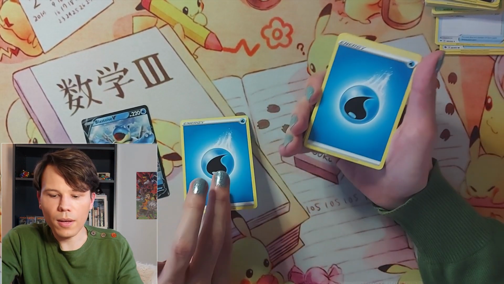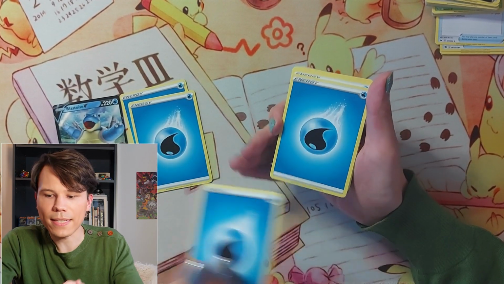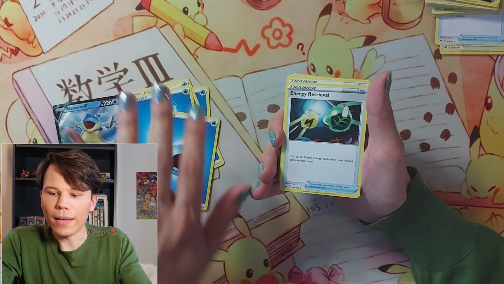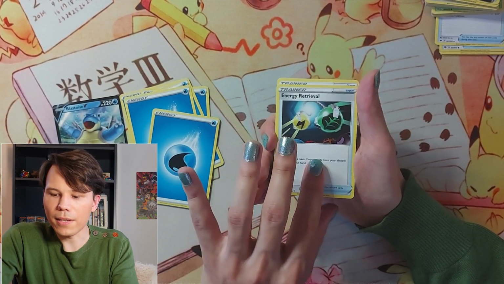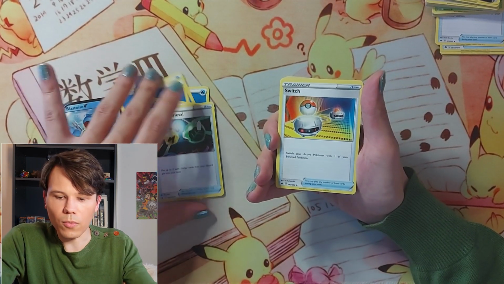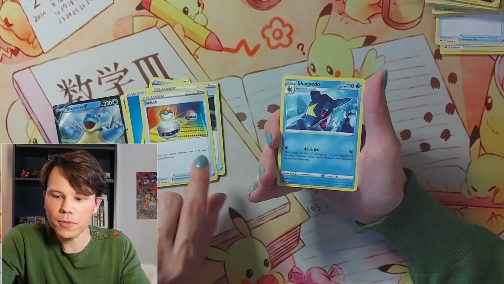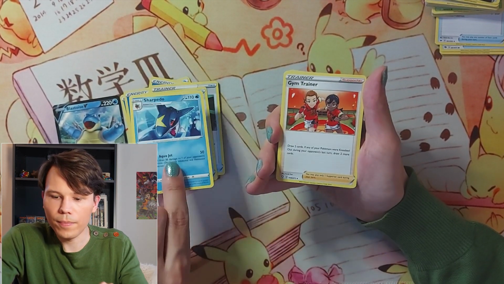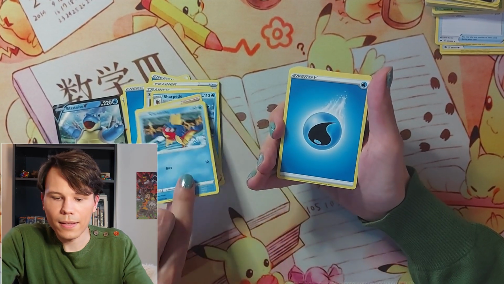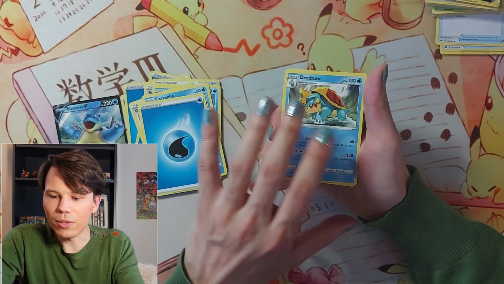So there's water energy. We'll be seeing lots of those because obviously this is a water deck. Water Energy Retrieval. This was not in the Blastoise deck. They do have slight differences in what trainers and items they have depending on what the Pokemon do. There's Sharpedo, Gym Trainer, Carvanha, Water Energy, Dreadnought, which is the evolution of